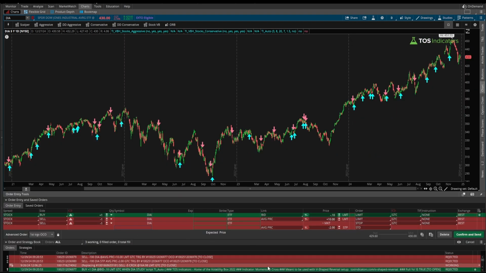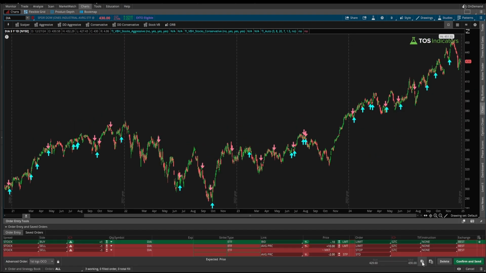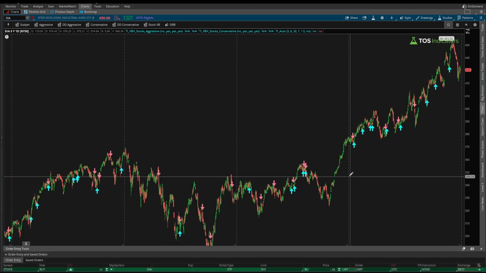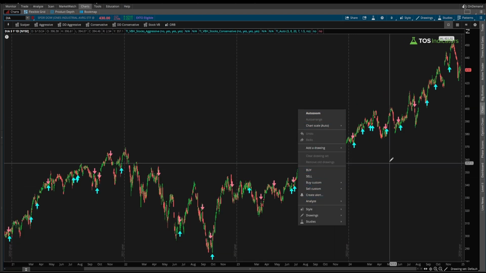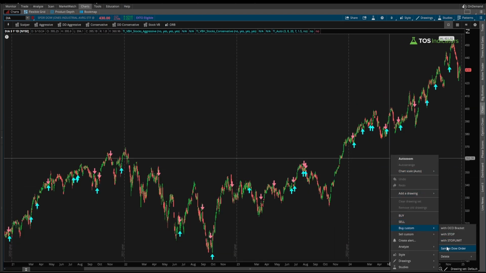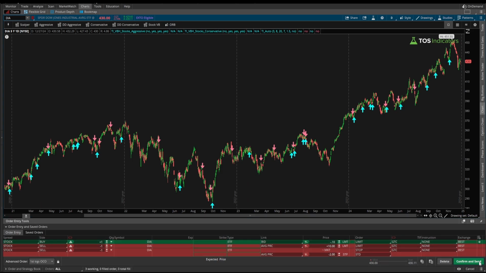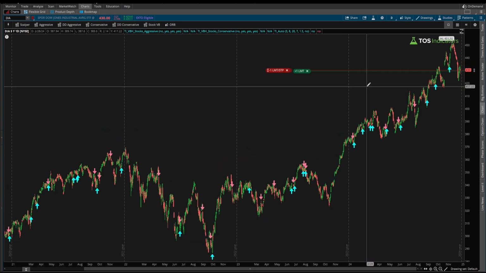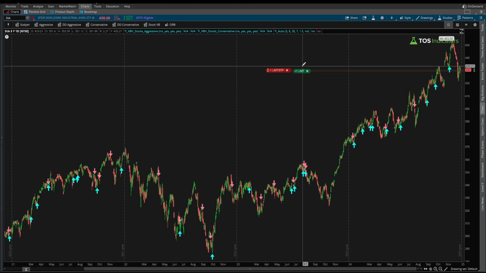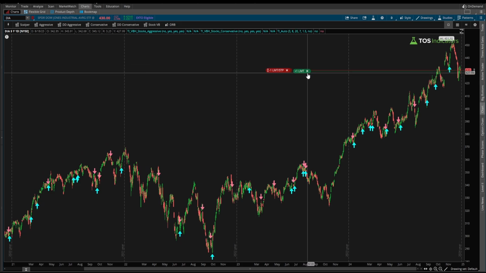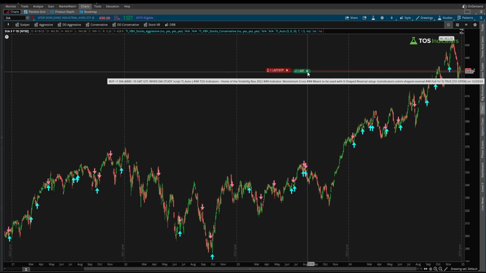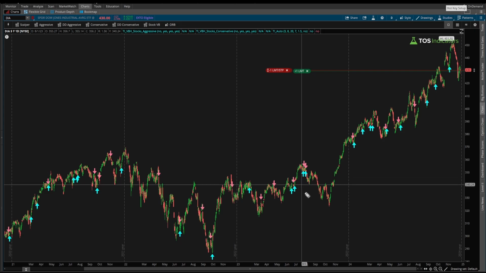Make sure your quantity is the same. Otherwise, you'll get the error that I just got. I'm going to save this as my sample DAO order. And let's try that one more time. So I'll say buy custom sample DAO order, confirm and send. And now you see how much faster that was. So that's a way to make your process of placing orders inside of ThinkOrSwim much quicker, much faster, and